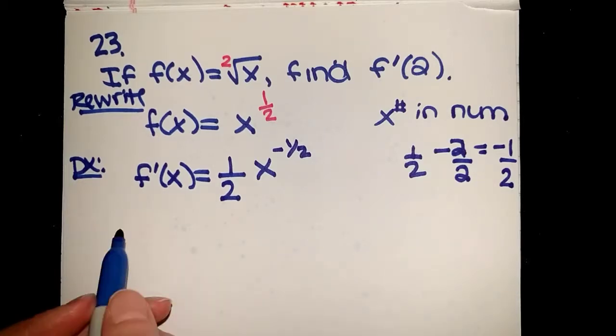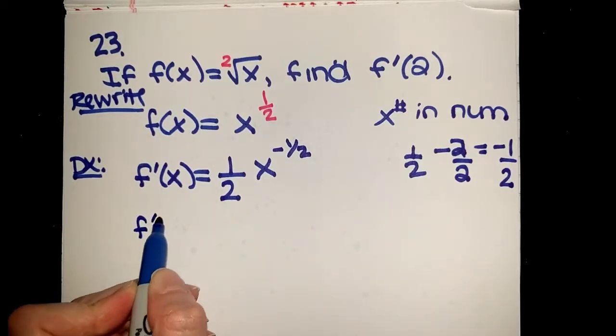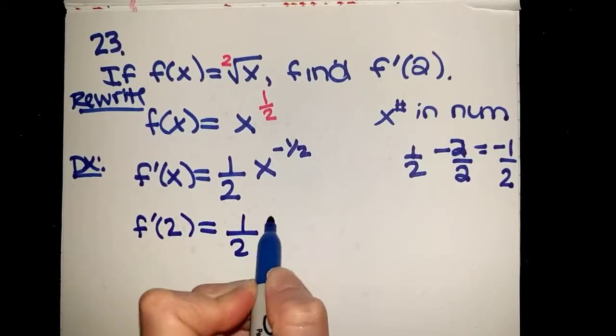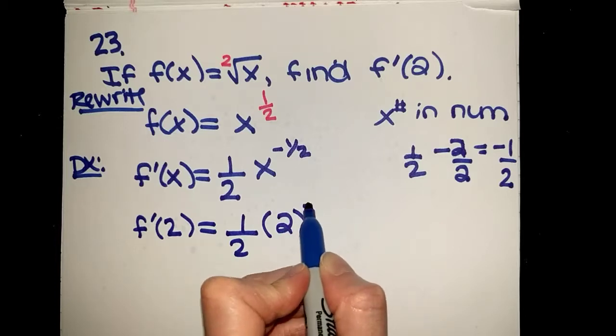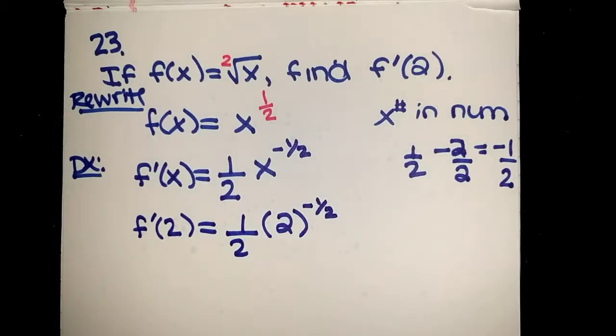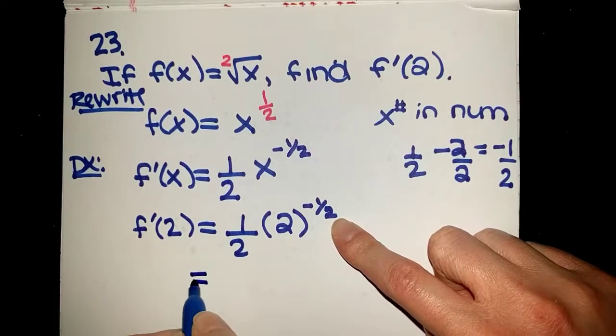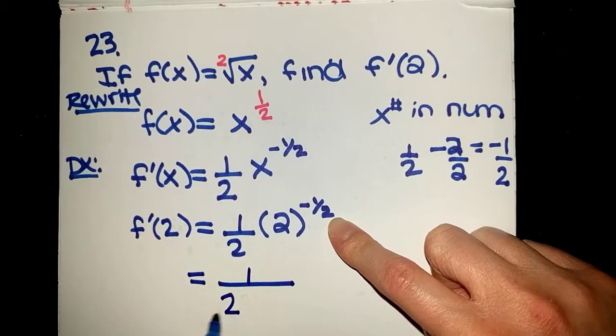Now, here is the thing. If you're sitting at home, you can plug in 2 into your calculator, take 2 caret to the negative 1/2, and that will give you an answer, and that's perfectly fine. However, I do want to talk just a little bit about how you could go from this answer to a radical answer. So the first thing is, if you have a negative exponent, that could move down to the denominator